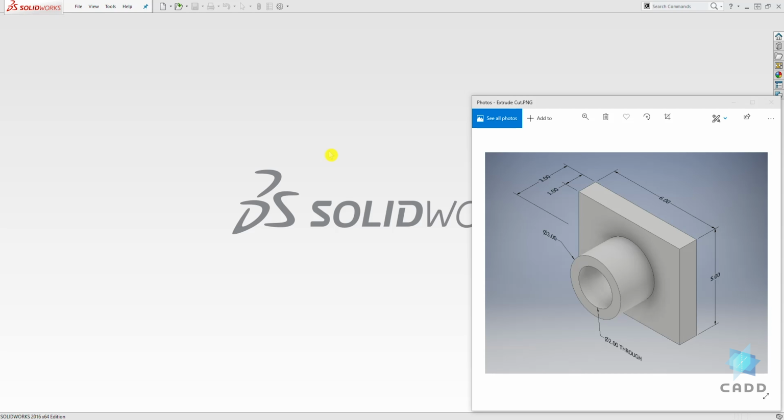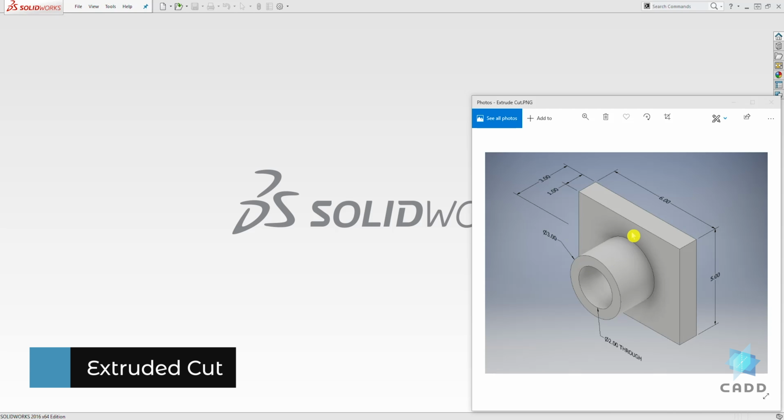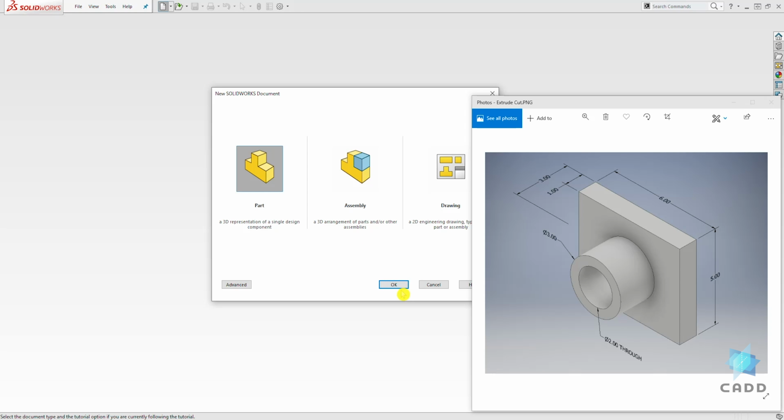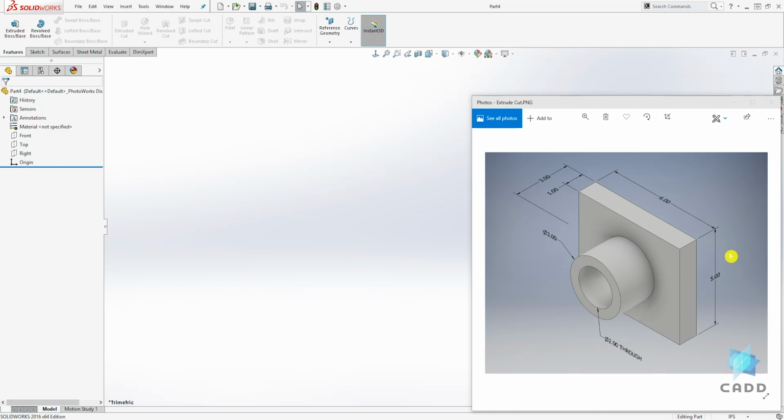In this lecture, we are going to be learning about the extrude cut feature by designing this part. So let's start a new part file and click OK. The unit is going to be in inch, so change your unit. To start again, an extrude cut is also a sketch feature, meaning you need a sketch to be able